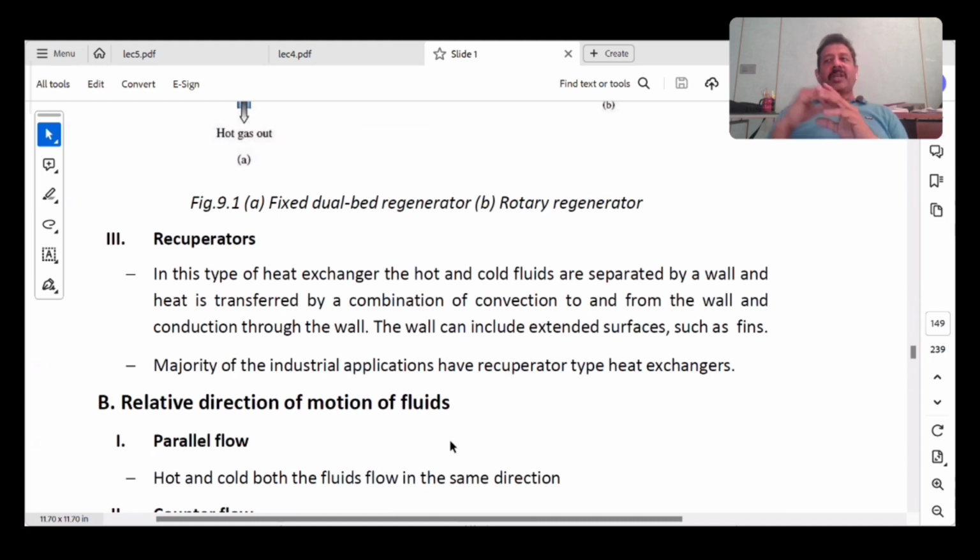So it's a process where convection நடக்கும், then conduction through the walls நடக்கும், திருப்பி convection from the wall to the other cold fluid molecules. இதுதான் முக்காவாசி இண்டஸ்ட்ரியில the one that is normally employed is recuperators. Heaters, coolers, condensers, எல்லாம் பார்த்தோம்னா recuperators, where direct mixing of the hot and cold fluid will not happen. It will be done indirectly. Depending upon the configuration, you have plenty of heat exchangers.